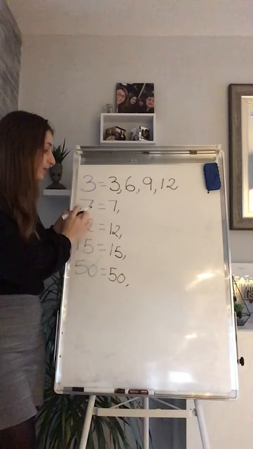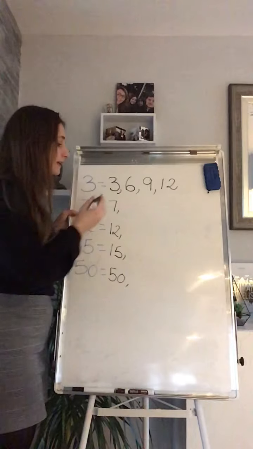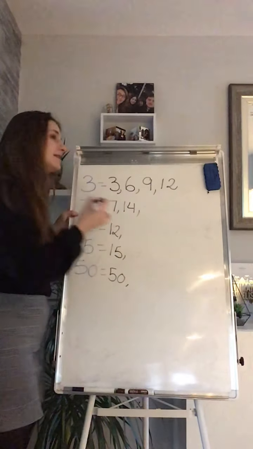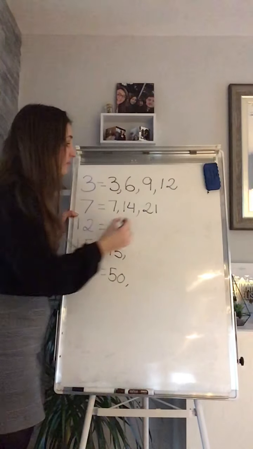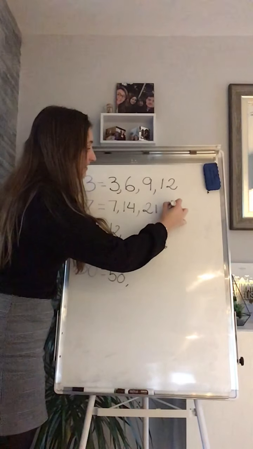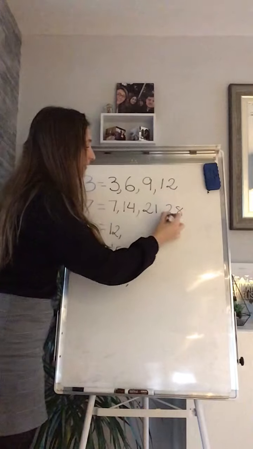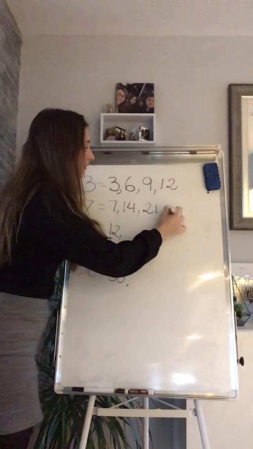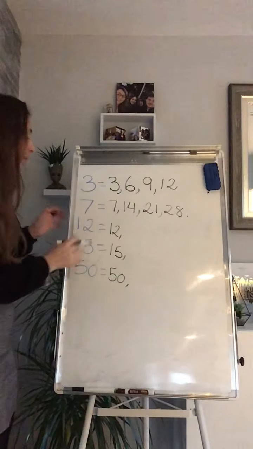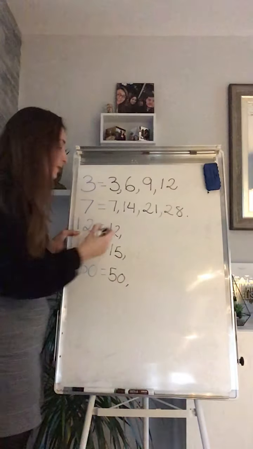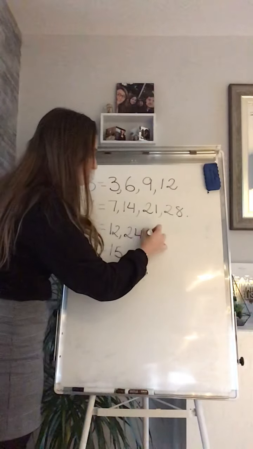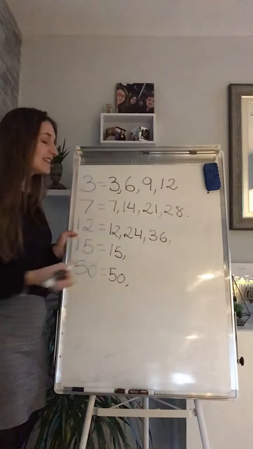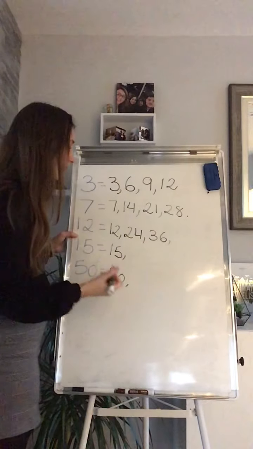Right, 7. 7 times 2 is 14. 7 times 3 is 21. 7 times 4 is 28. Right, let's go for my next one, 12. 12 times 2 is 24. 12 times 3 is 36. 12 times 4 is